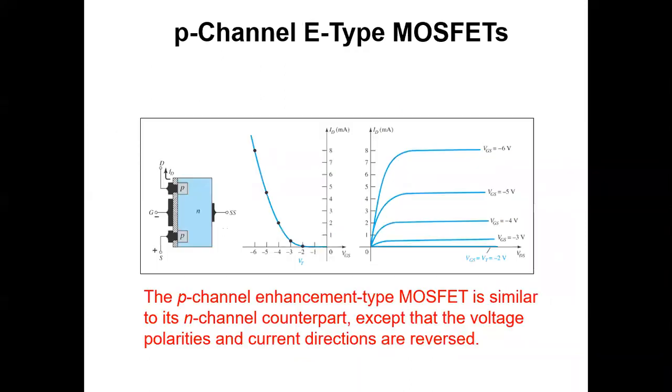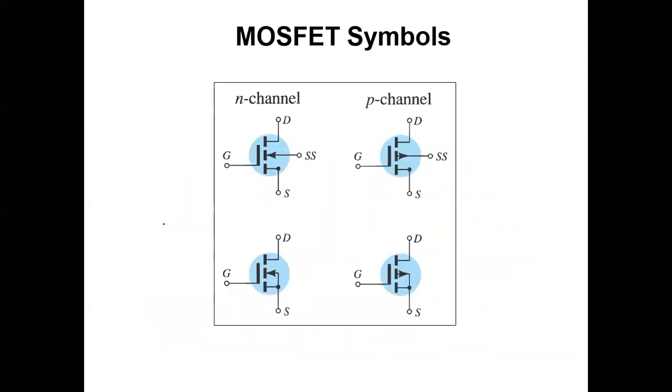Then this is your P channel MOSFET, opposite to that. Here again you can see your threshold voltage is negative 2 volts. So if you apply negative 2 volts, only then will your channel be created. Otherwise, your channel will not be created for any other value. These are the symbols corresponding to your enhancement type MOSFET. Here you can see there is no channel; it is split into this portion. By applying a potential, your channel will be created.